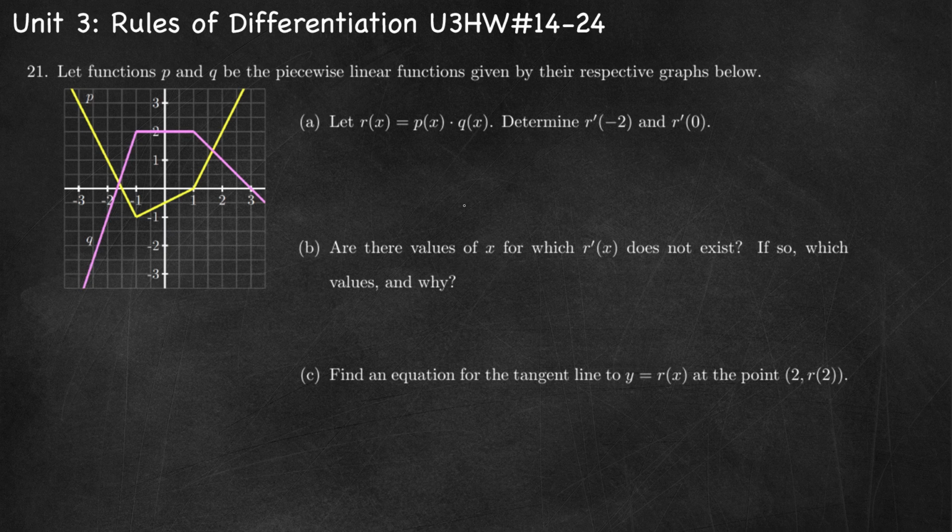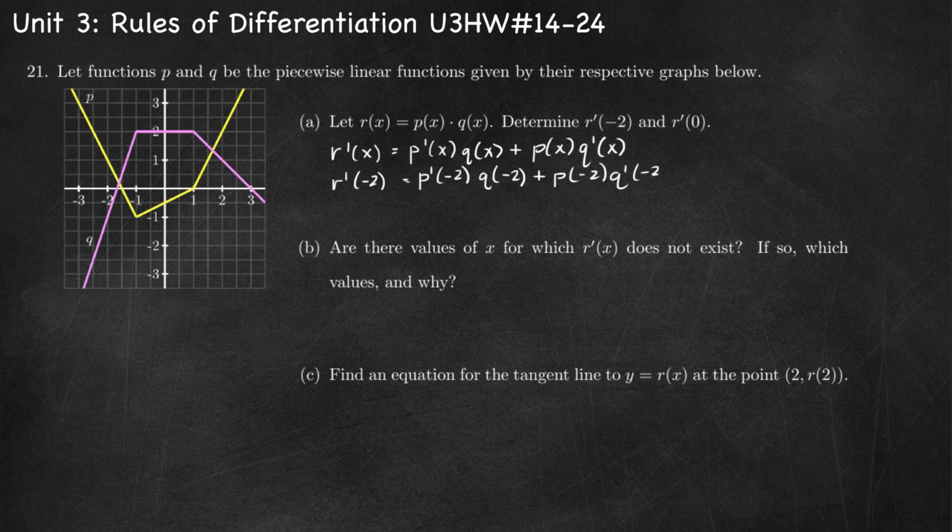Number 21, let functions p and q be the piecewise linear functions given by their respective graphs below. Let r equal p times q. Determine r prime of -2 and r prime of 0. So in order to do that, first we need to find r prime of x. We're going to use the product rule. So r prime of x equals p prime of x, q of x, plus p of x, q prime of x. R prime of -2 will be p prime of -2 times q of -2 plus p of -2 times